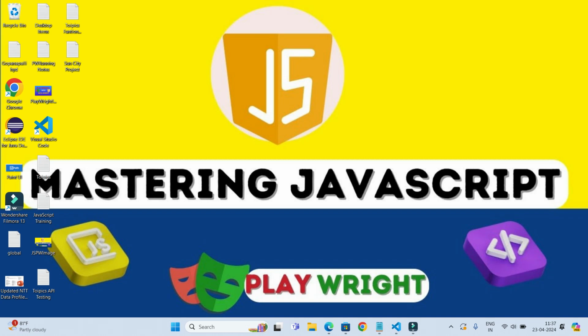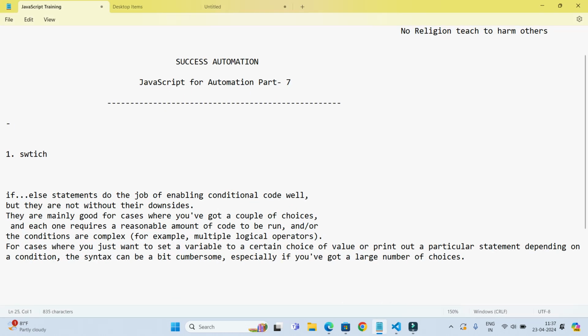This is purely for the automation engineers. So, in today's topic, I'm going to talk about the switch statement. They call it the switch statement. In the previous session,